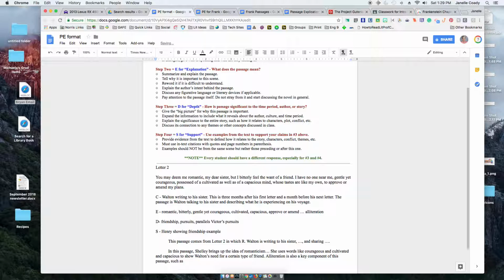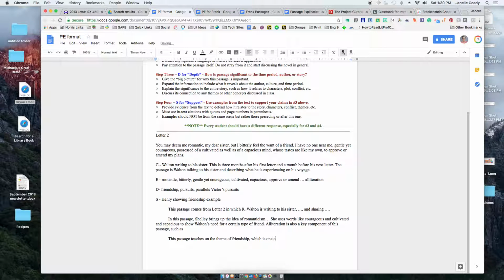Then step 3, I'm going to say this passage touches on the theme of friendship, which is one of many themes in this novel. Walton longs for a friend in these opening letters, which sets the stage for when Victor enters the story and Walton